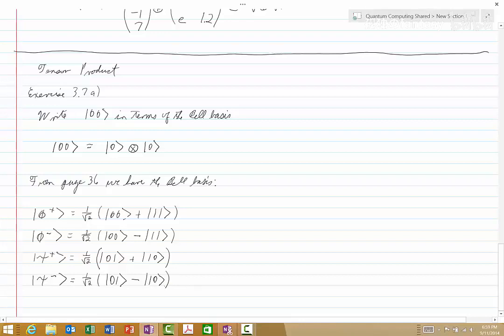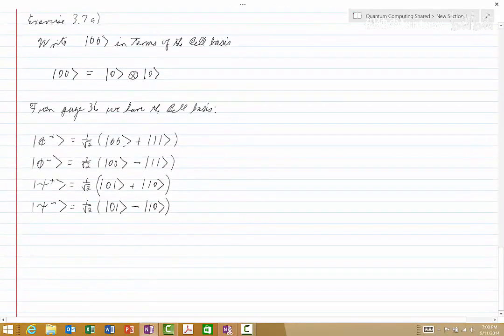Now notice that these all refer to a 2-qubit system, and since the first qubit can have 2 values and the second qubit can have 2 values, altogether we need 4 vectors in this basis, because the dimension of the combined state will be 4. So let's see how we can solve this problem. This is actually pretty easy. We want to write |0,0⟩ in terms of the Bell basis, so we could say